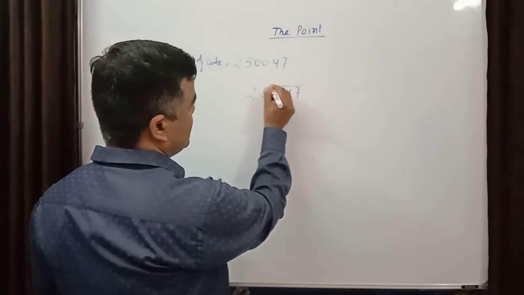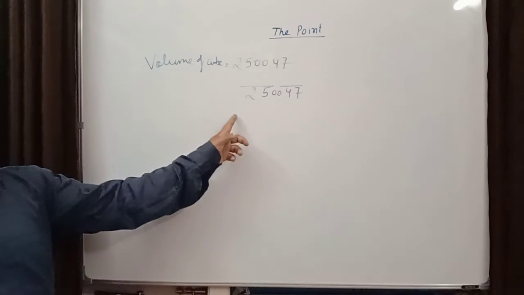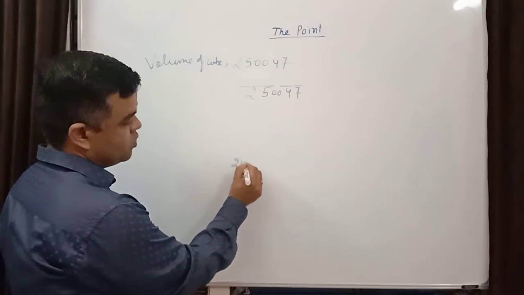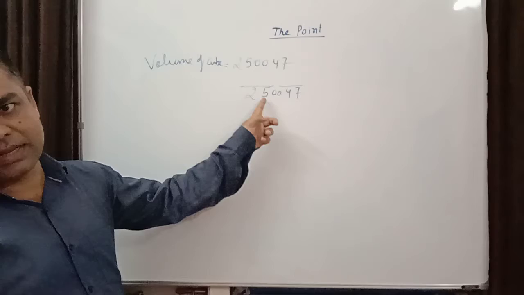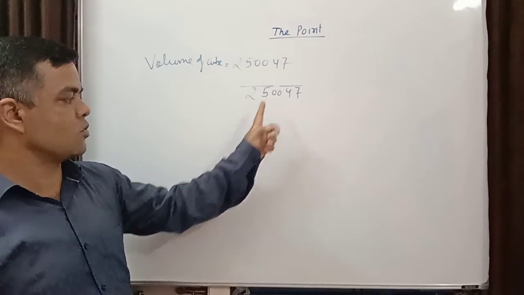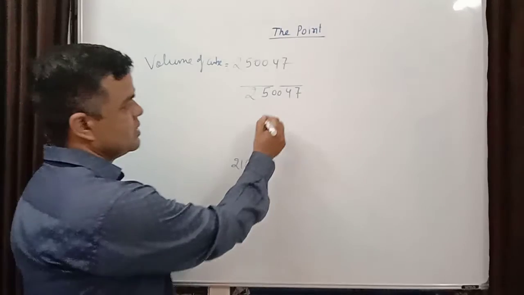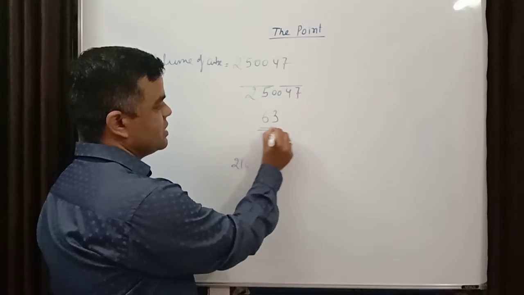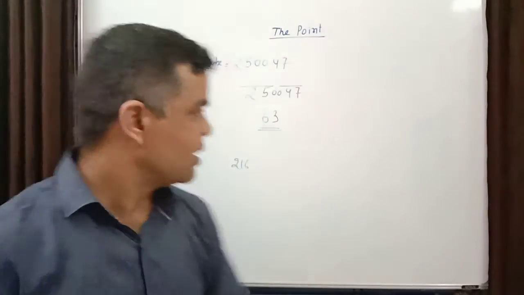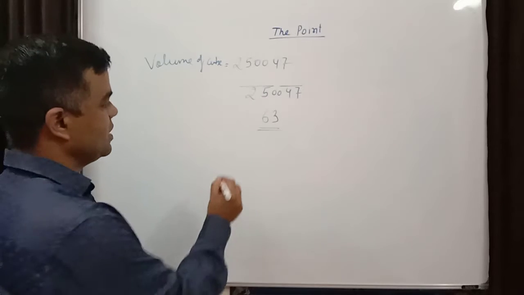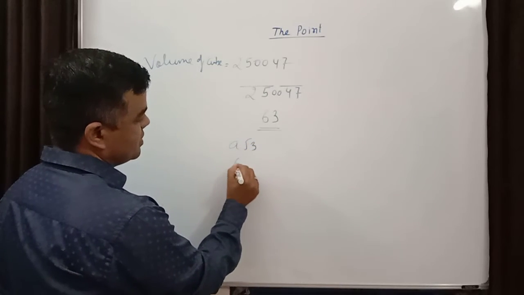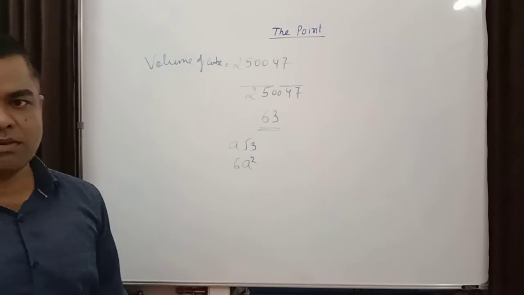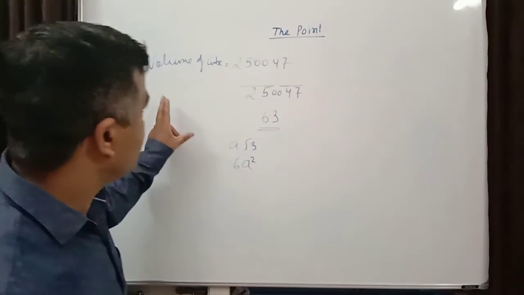47, the last 3 digits, then the remaining number is 250. Now see, the cube of 6 is 216 and the cube of 7 is 343. So 343 is more than 250, so we have to take 6 here, and if the last digit is 7, then the unit digit of the root will be 3. So 63 will be the side of the cube, and another calculation you can do easily. A root 3 will be the diagonal, and 6a square will be the surface area. You can put this value and calculate. Very easily you can do it by knowing that trick.